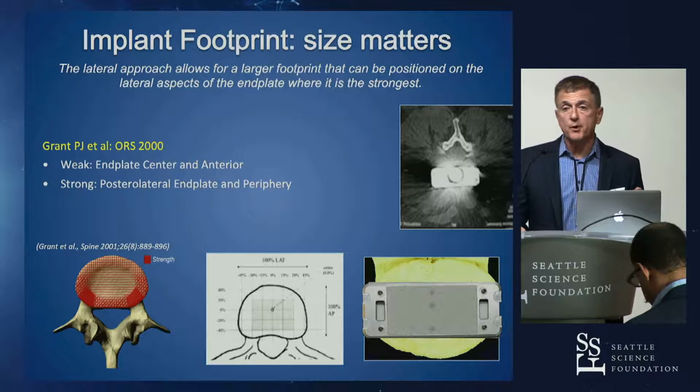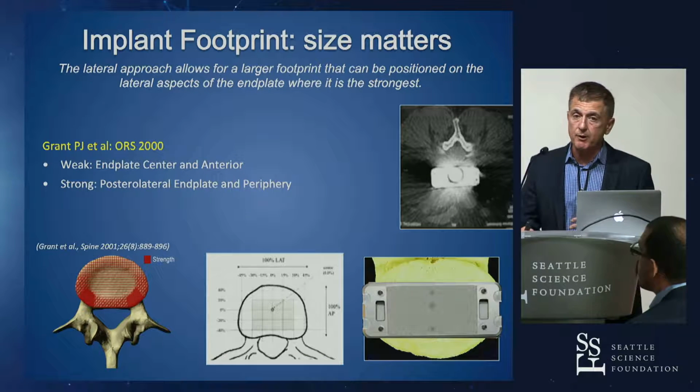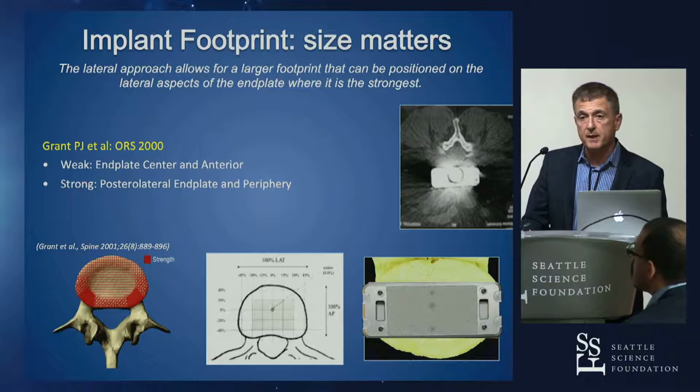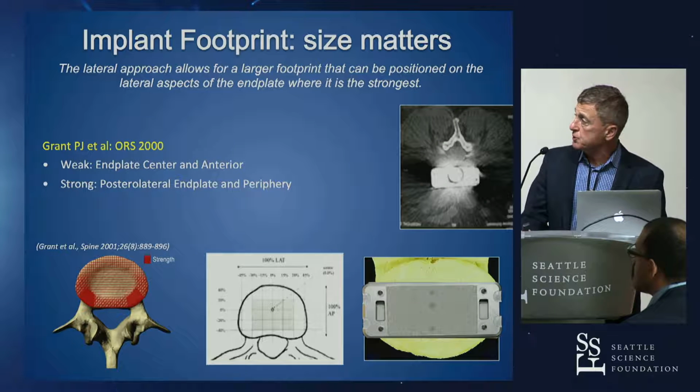The other case we want to make is that when you come in lateral, you're not constrained by the mediolateral dimensions of the vertebra because you're going to be able to span the apophysis. And you look at Grant's study where they showed actually the bone is strongest